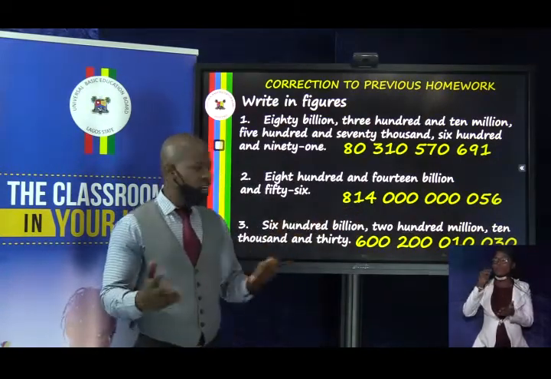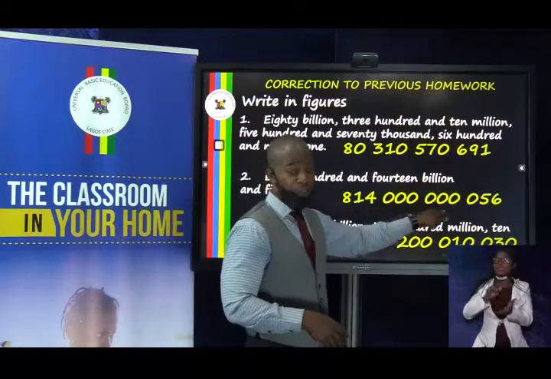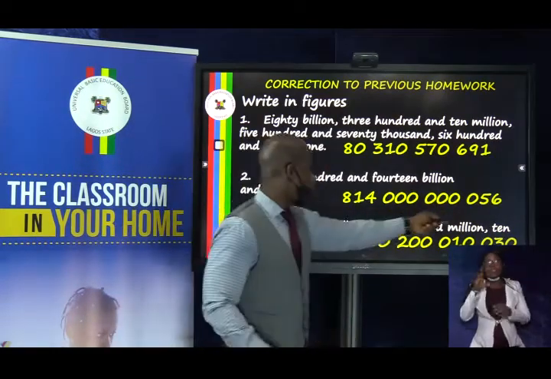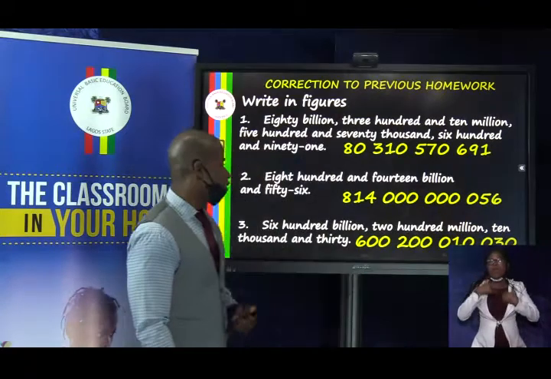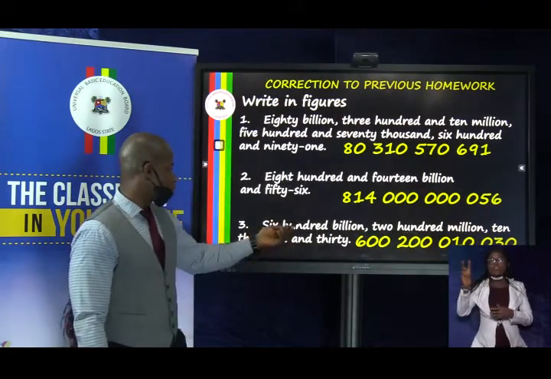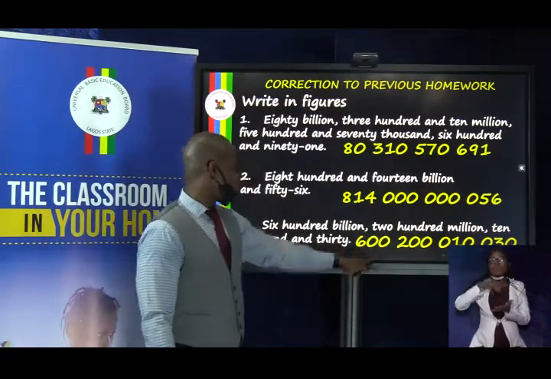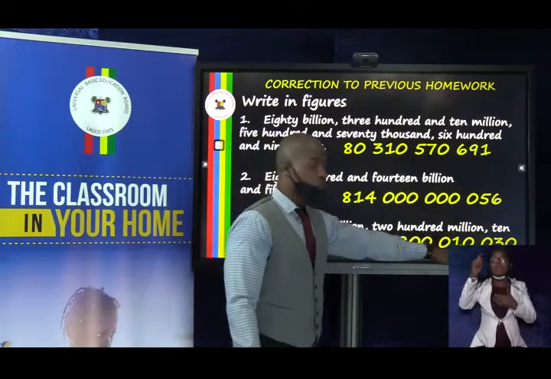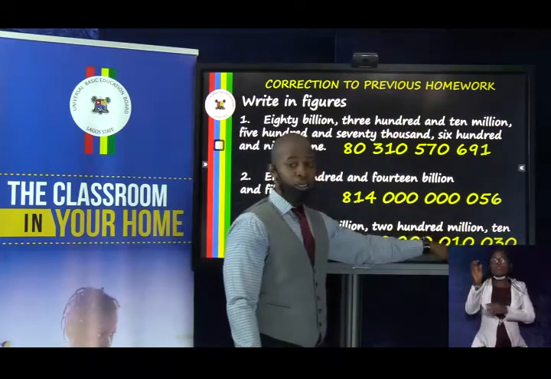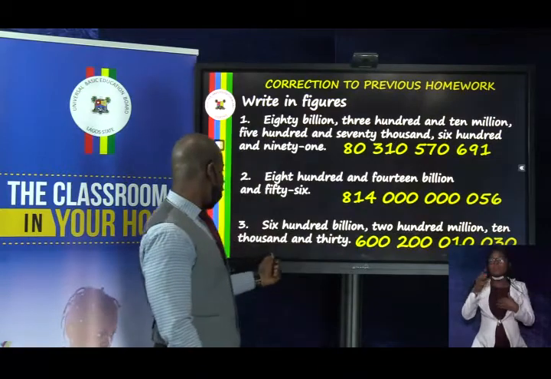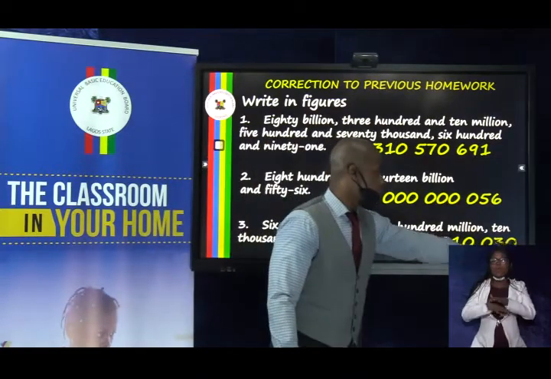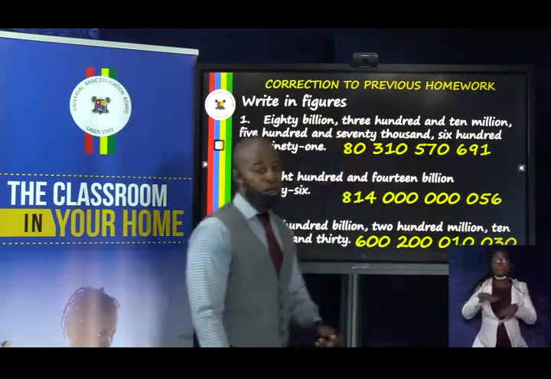Then there is no million and there is no thousand, so that's why you put zeros there. And then finally under ones you have 56, so you have 056. And then this one, 600 billion, 200 million, you have 10,000, so you put a 0 in front of that, and that's 010. Then you have 30, so 30 under ones, you put a 0 in front of that,